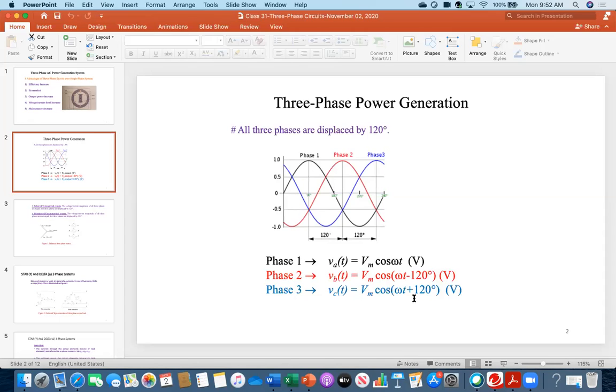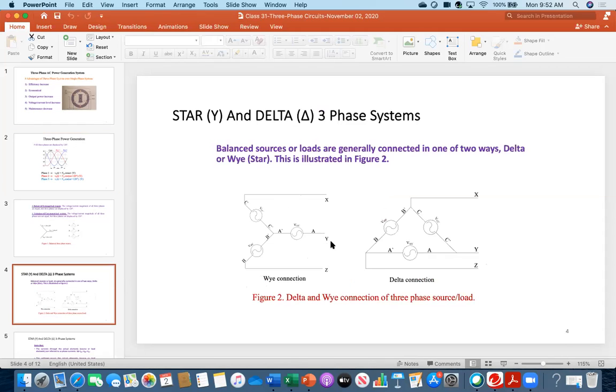That is the phasor algebra you learned, or in case of vectors, it is called the vector sum or the phasor sum. It is not like you will get twice the voltage or even half the voltage. You don't know, it will be a different number unless you add, you cannot see it. But at least everybody see what I am saying: if you connect a voltmeter between X and Y, and if you connect a voltmeter between A and A prime, the reading will be different, right? Whatever the magnitude you get between X and Y, at least you can guess the magnitude will be different. We are coming to that point later.